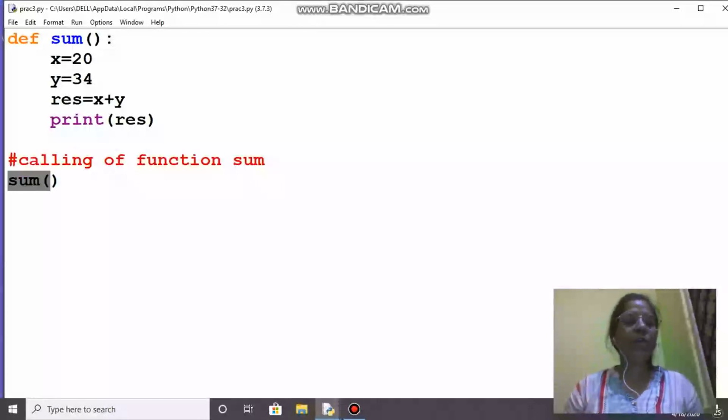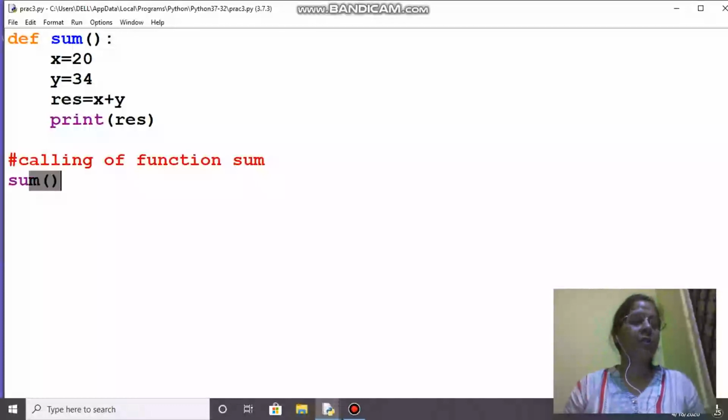When the sum function is called, execution will go to that section. Whenever you do a dry run, as students you all know, dry run means the way the computer will process it, in that way you have to do it in your copy.